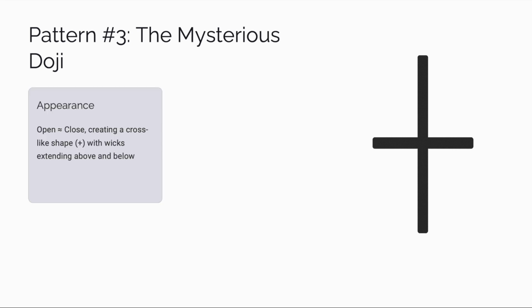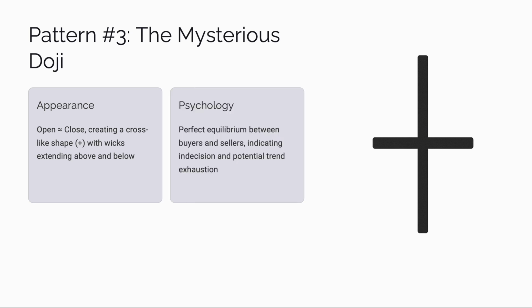So the third pattern in our repository is the Doji pattern. We call it the mysterious Doji because it has almost no body, meaning the opening and closing prices are the same. So the psychology behind it is it represents a perfect equilibrium between the buyers and sellers, indicating indecision and